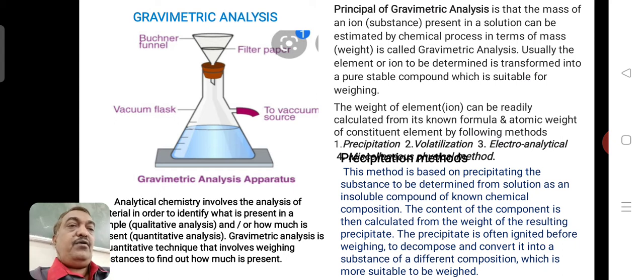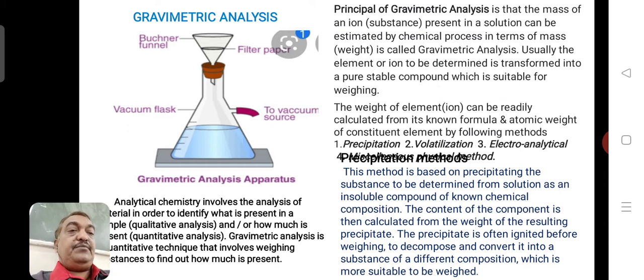Whether it is in an ionic form or a compound form, the weight of the substance will settle at the bottom. So the weight of an ion or element can be readily calculated from its formula and the atomic weight of the constituent element by different methods. The first method is precipitation, the second is volatilization, the third is electroanalytical methods, and the fourth is thermogravimetric methods. But as far as your syllabus, they have mentioned the precipitation